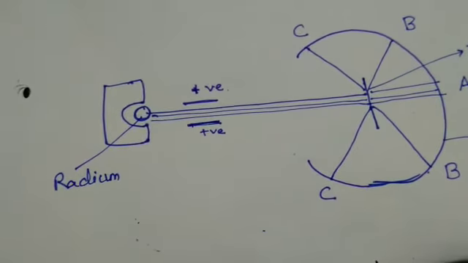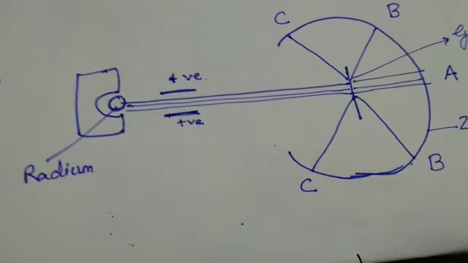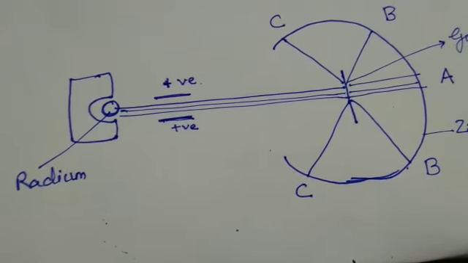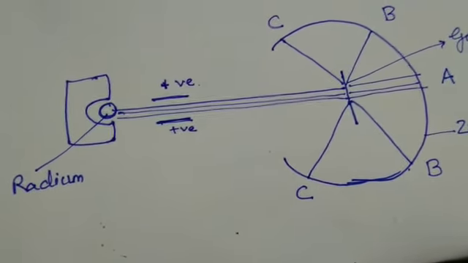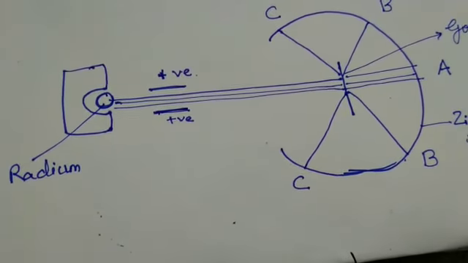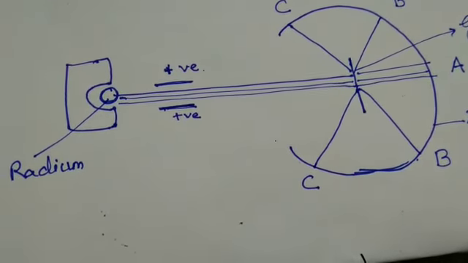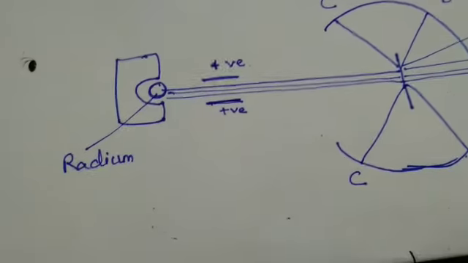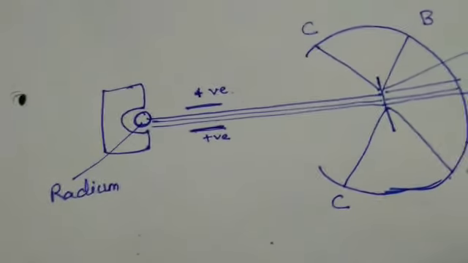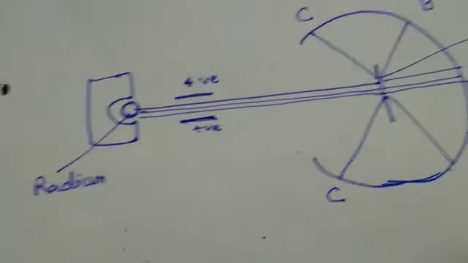When they reached near the nucleus, the angle of deflection was bigger. And if they moved towards the nucleus but slightly away from it, the angle of deflection was smaller. So this led to the discovery of the nucleus. That means the positive charge is not evenly spread, but is concentrated in some part of the atom. This was called Rutherford's model of atom.